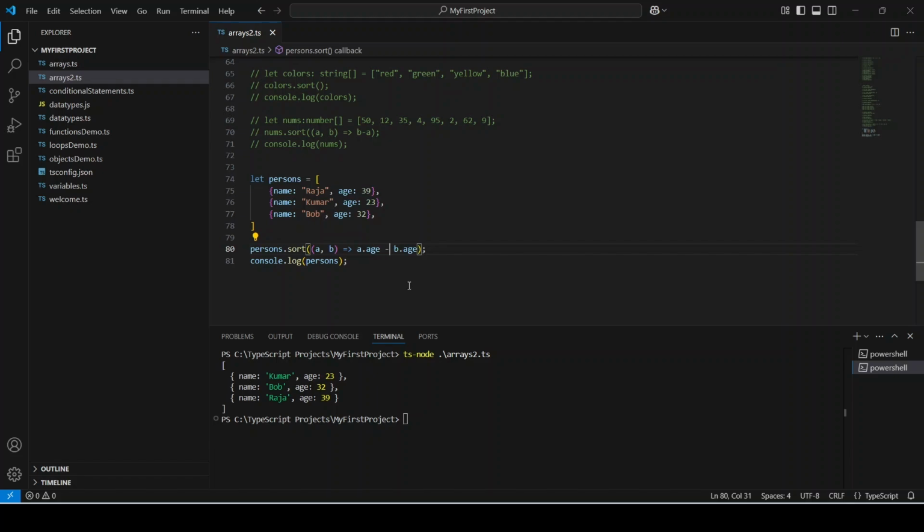Now you just need to remember a few points on sort. Sort reads values as strings by default. Remember that. It causes some issues when you use the sort function on numbers, so you have to use compare functions when you are sorting numbers. Sort works on objects as well. Whatever property you want to be considered for sorting, use that and provide it in the compare function. This is about